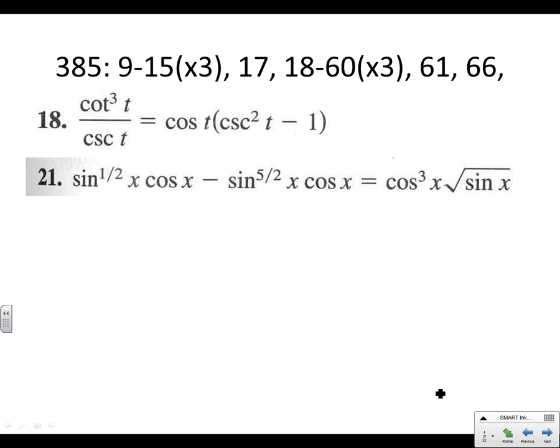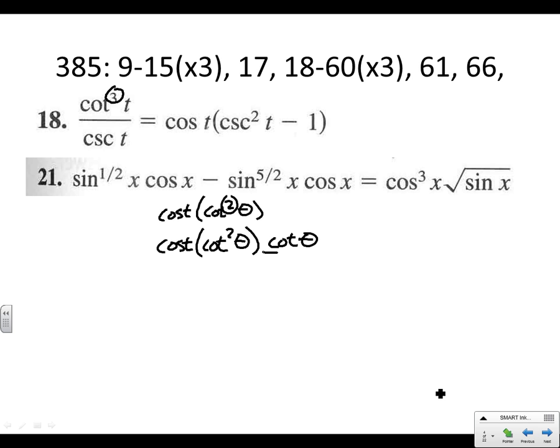18, I'm going to work on the right side and get the left side. So cosine t cosecant squared t minus 1 turns into cotangent squared if we use our formula. We rewrite things out. Actually, at this point, I'm going to identify this: cotangent cubed and squared. We're short a cotangent at this point. We need to multiply by one more cotangent